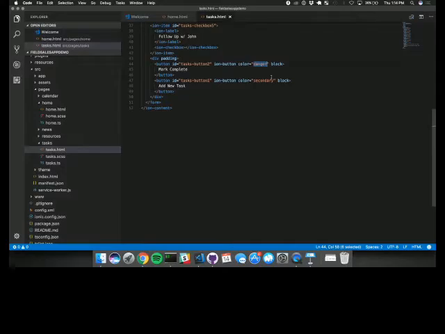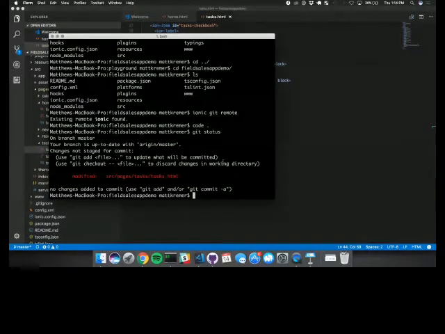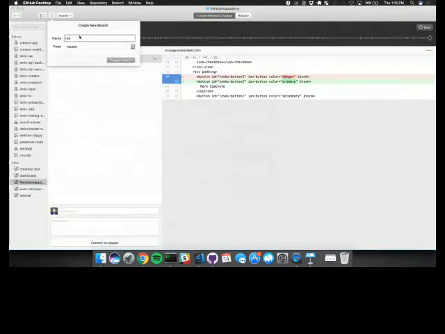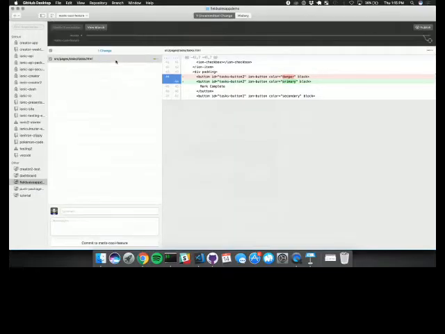And actually, I'm running on master right now, but let's say I don't really want to mess up what Brody's working on. I don't want to commit to my master branch. I actually want to make a new branch. So normally you can do git branch and start a new branch from that. Or like I said, you can use a UI as well. So I might hop in this UI and say, okay, I actually want a new branch. This is going to be Matt's cool feature branch. And now I'm working in a separate branch from Brody.